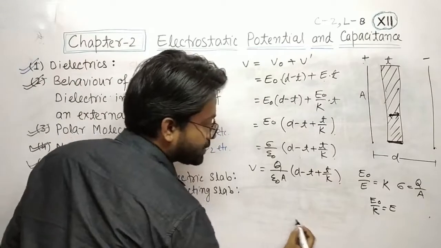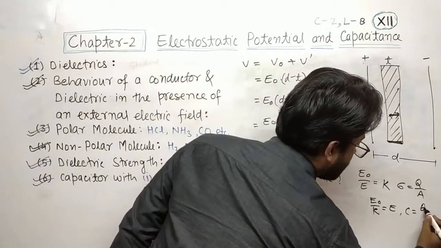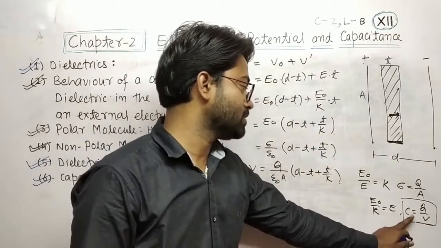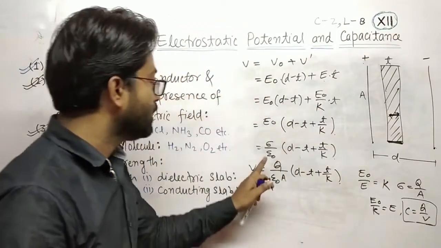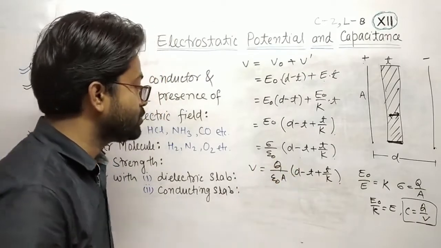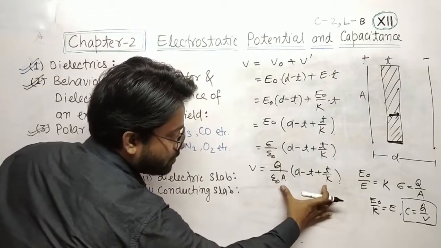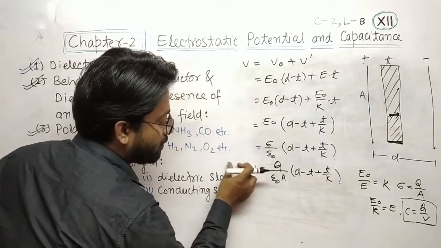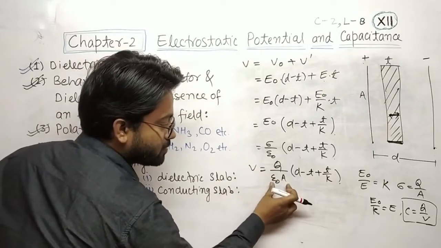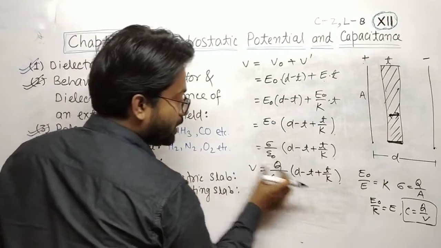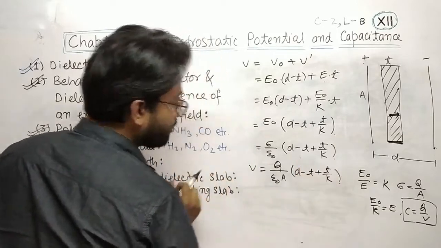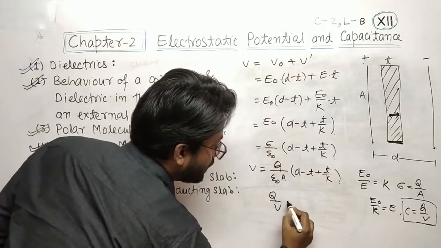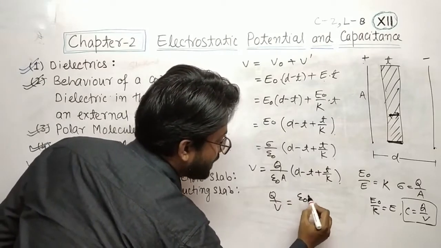And we all know that C is equal to Q upon V. If we need to calculate capacitance, there should be Q upon V. If we rearrange Q upon V, this particular thing will be in the numerator and this will be in the denominator. Q upon V will be equal to epsilon naught